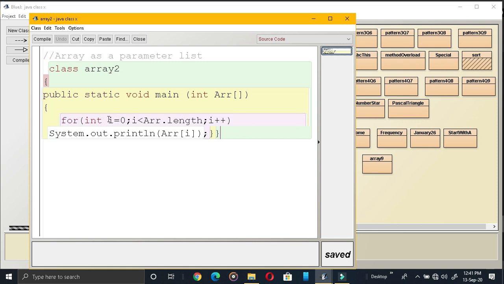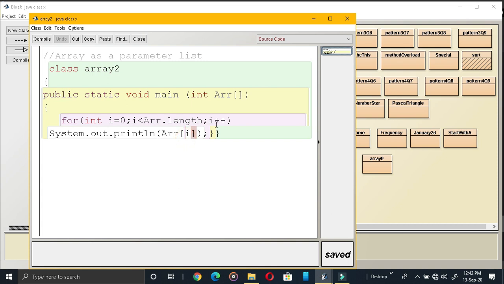That's why the starting index position is always 0. So I less than arr.length. arr is my array, and its length is the limit. See, suppose I am giving 5. Then the loop will run from 0 to I less than 5. That means 4. 0 to 4 it will run. 0 to 4 means how many elements? 0, 1, 2, 3, 4. That means 5 elements. And printing arr of I means arr of 0.